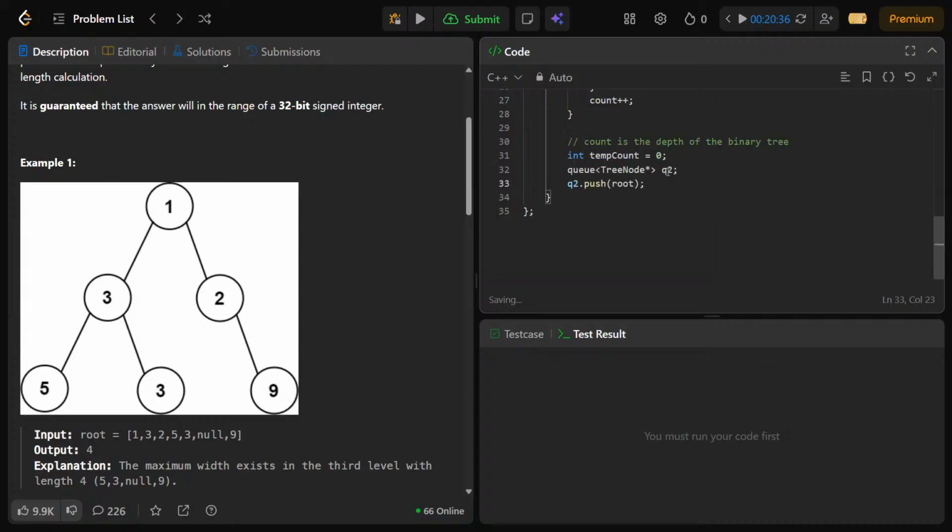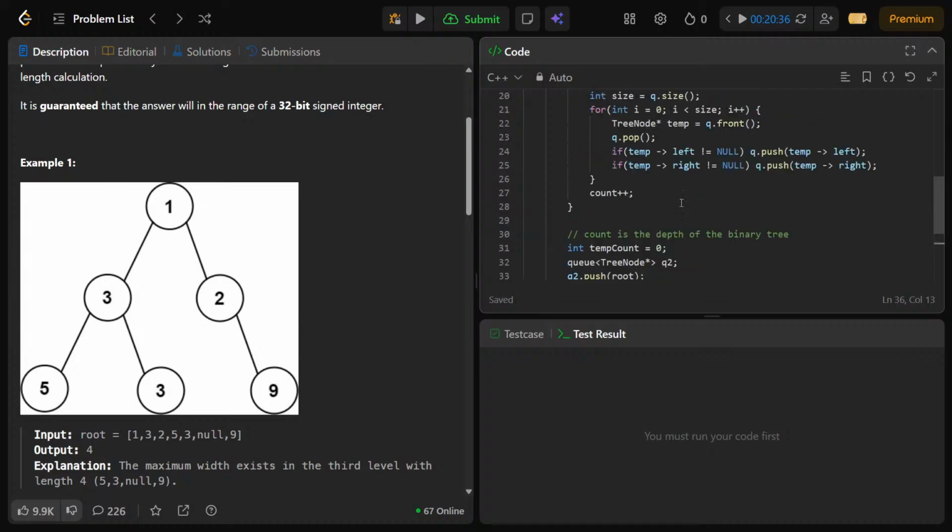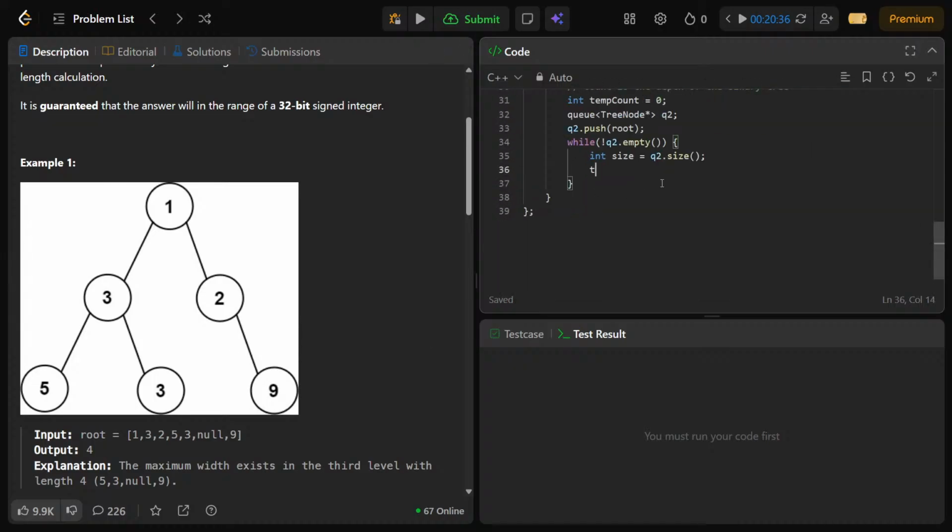We have pushed the root, and while q2 is not empty, we need to find the size of it. And if temp count is equal to... what if we increase the temp count right now? Temp count is 0, right? No, the depth is 1, 2, 3. The depth is 3. So temp count plus plus, and if temp count is equal to count, we'll do a special traversal. Else,